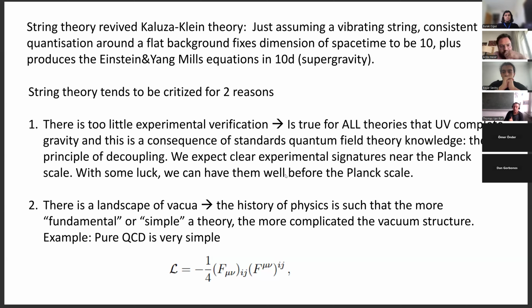Secondly, another typical complaint is that string theory comes with a landscape of ground states, which we call vacua. I want to say that, in fact, the history of physics is exactly such that the more fundamental a theory became, the simpler the equations of the theory became, and the more complicated the vacuum structure. Especially if you think about nuclear forces, the history started out with huge Lagrangians, huge Hamiltonians, and then people realized it was all based on symmetry and became much simpler. And in the end, if you think at least of pure QCD, the Lagrangian couldn't be simpler, right? This is it.